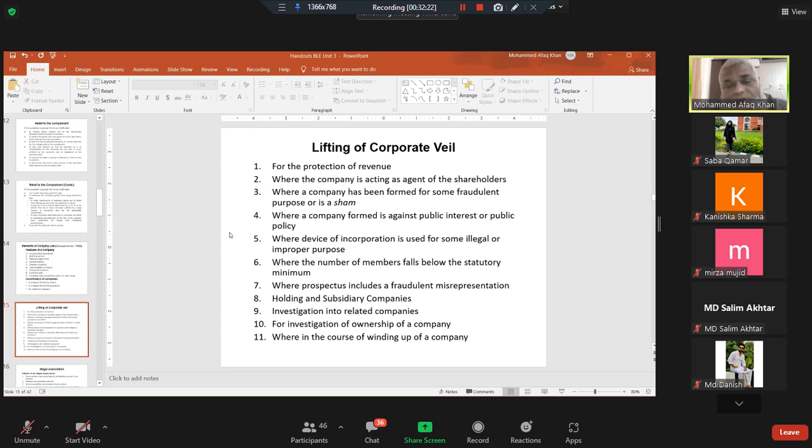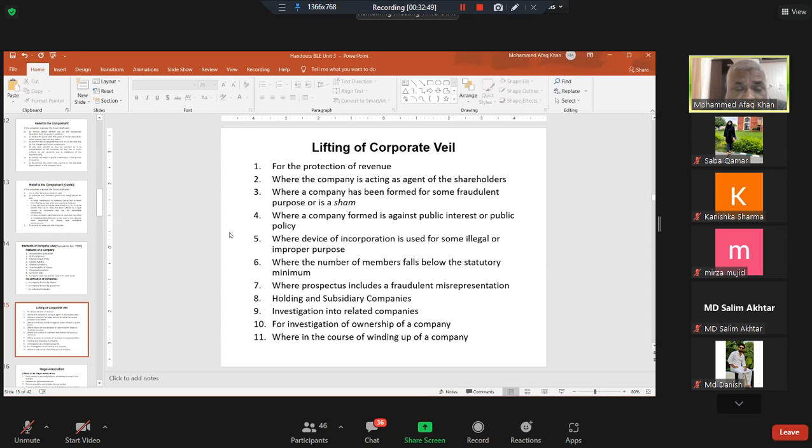Lifting of corporate veil. A company is a separate legal entity. The members who form the company are behind that company. The company may sue and be sued in its own name. These are those qualities